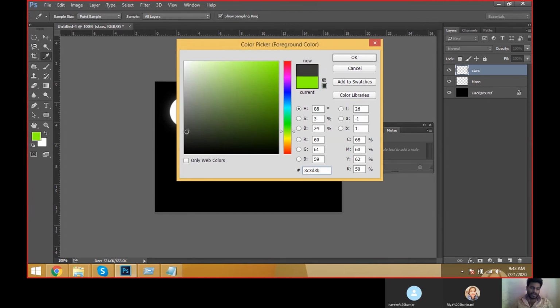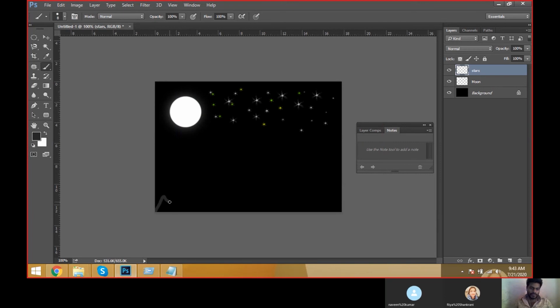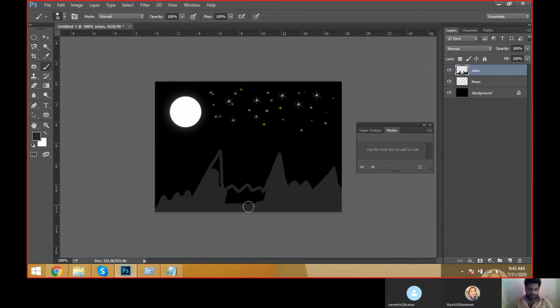I'm just taking the gray color for the hills and just drawing them, and increasing the size. I'm just filling.